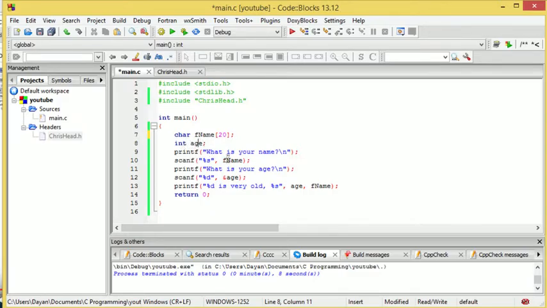Now printf here is asking us a question, so we can see something that's going on. Now scanf, it's asking us to insert something. Here we can see that it's a string that it wants us to insert, which will then be assigned to the fname. Then another question, this time we're expecting a digit, so an integer, and you use the ampersand